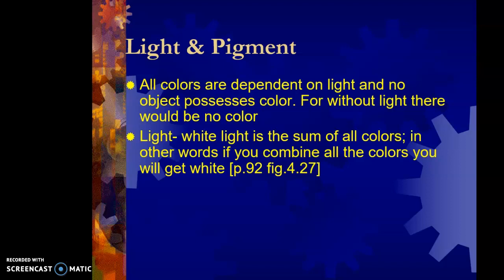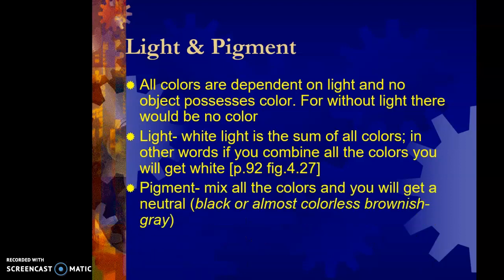Now that's only with light. Take a look at page 92, figure 427. You'll see an illustration in your text. What I usually tell students, especially if those students have been involved in the theater or stage or anything, you have those colored lights that shine down on the stage. They put what's called a colored gel over the top of the light, right? So that will make it a certain color. So if we took a blue, a yellow, and a red, shined it down onto the floor of the stage, and mind you, I know the stage's floor are normally black, but if it was white, then you would see when they intersect that it would be white, not a combination of colors,